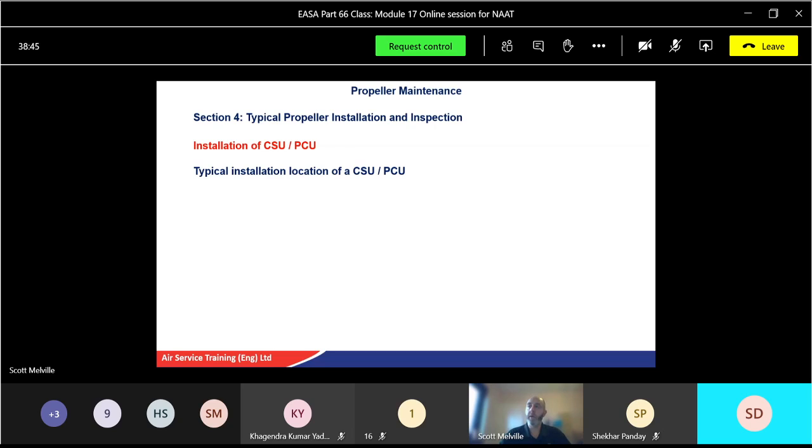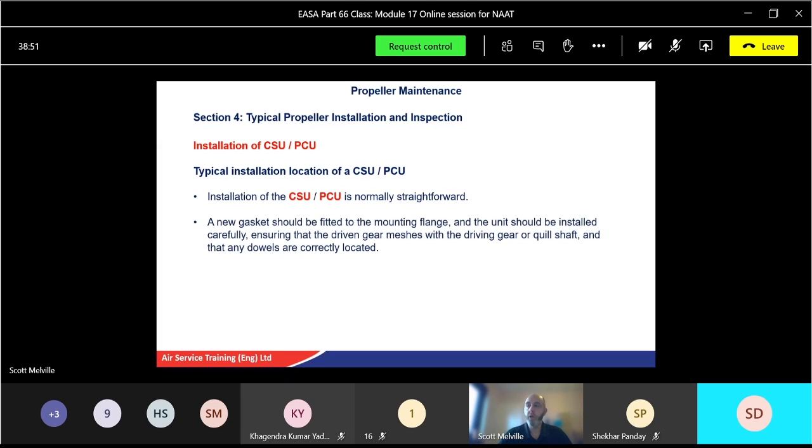So you've done all that. You might have to install a CSU or a PCU. Again, installation is quite straightforward, with a new gasket. It's not a big or massive component. It's fitted on the mounting flange, and make sure the gear engages into the reduction gearbox. The main thing is to ensure that the driven gear meshes with the drive gear, or you have